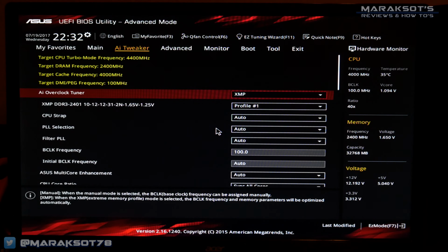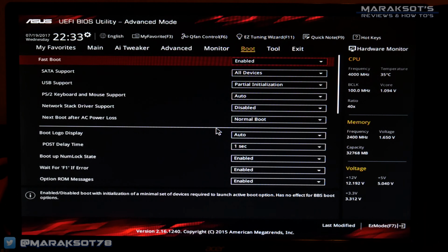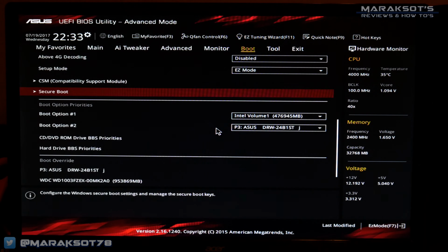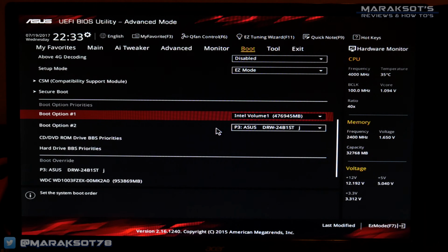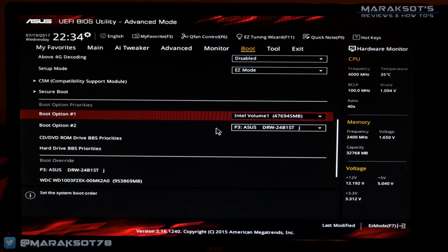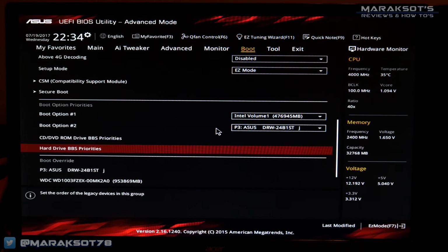The only other thing that I would say you may want to mess with is your boot priority or boot order. Down here in the boot option priority menu, I can set which devices I want the computer to try to boot from first. Having the drive with your operating system on it selected first will help to increase your boot times, because it will try to boot directly from the drive with your operating system on it, which we will be doing very shortly after this. As for this ASUS UEFI BIOS, the way I do that is I can go down here